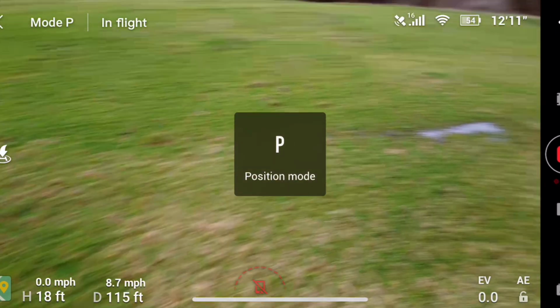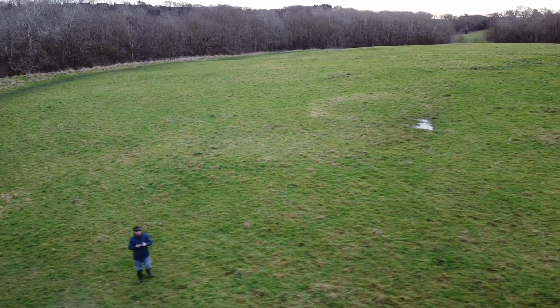Now on to the quadcopter 3 speed mode. So at the time of making these videos, we have 3 speed modes. We have mode P for position mode, we have mode C for cinematic, and mode S for sport. Now position mode, I consider this to be your boggo standard default mode for just wanging your quadcopter around the